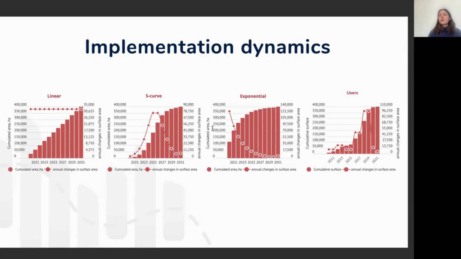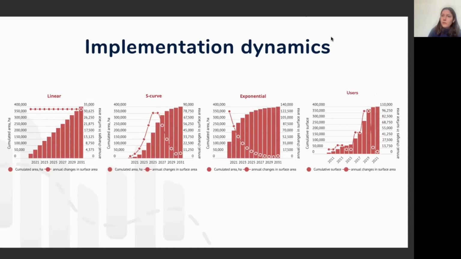hypothesis. You may also say it will most likely follow an S-curve, because we will first organize the project, then we will do as much as possible in a few years, and then the last, most difficult hectares to convert will be dealt with at the end of the project implementation. So you may follow this trend, this S-curve. You can also say it's going to follow most likely an exponential dynamic for whatever reason, and the most useful